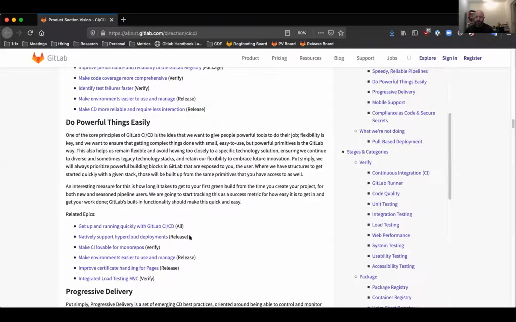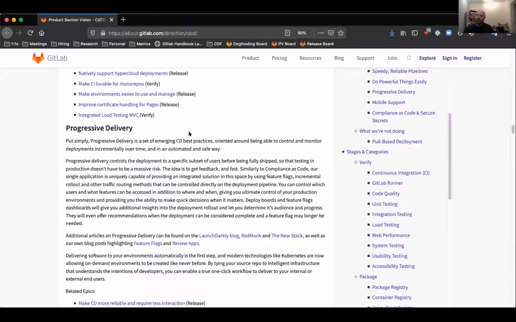You have to write the GitLab CI YAML yourself using different scripts, and you run your AWS commands and things like that. We're going to make that much more automatic, much more auto DevOps-like when you're using these kinds of hypercloud providers, and not their Kubernetes solutions. And then the last one I wanted to highlight was progressive delivery,